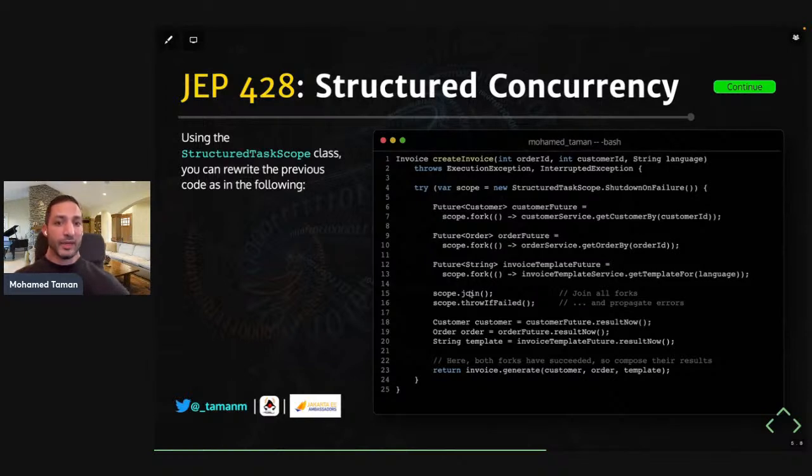If it goes successfully, the join happens, no errors, I can get the result, and then finally, with all the forks, I can generate the invoice at the end. So structured concurrency gives us the ability to control all subtasks or units of work from this perspective. Those are literally the most significant parts that came to JDK 19, and I believe it will be a big game changer in the way that we are writing threading,